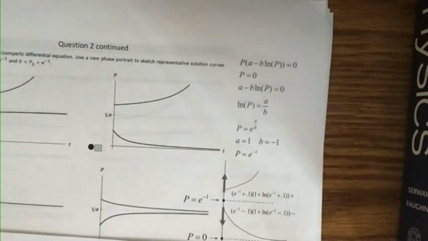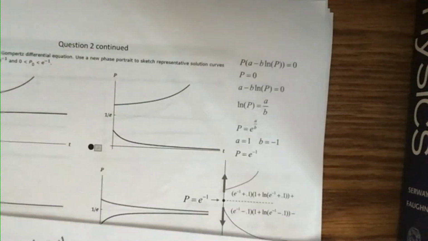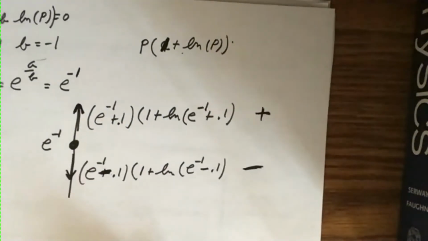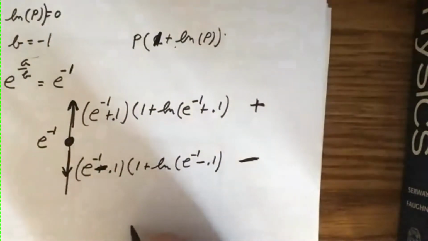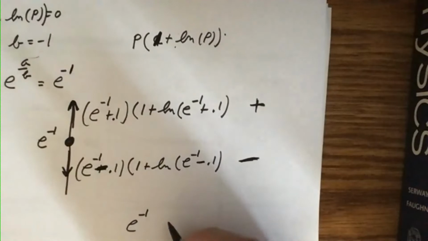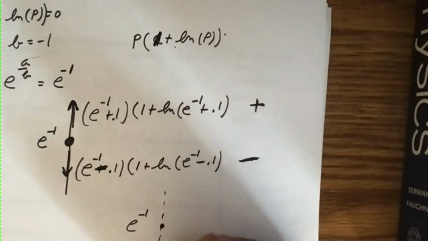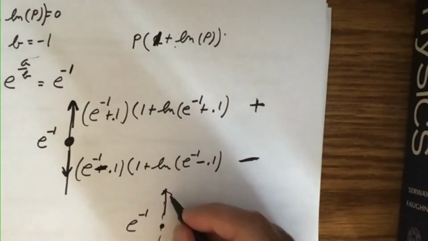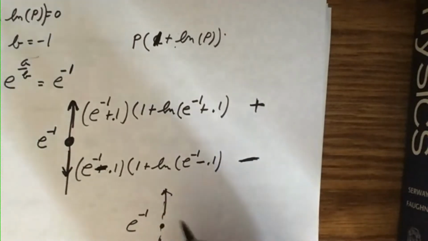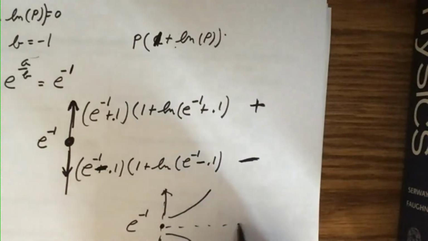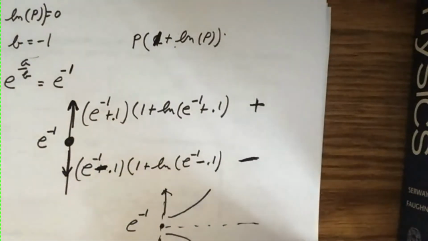So, okay. So in this case here, right, in this case here, when I have e to the minus 1, here's my critical point. So I got the arrow going up, the arrow going down. So it's going to look like this. Right? It's going to look something like that. Okay, so